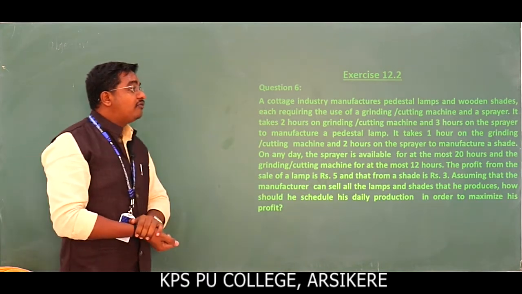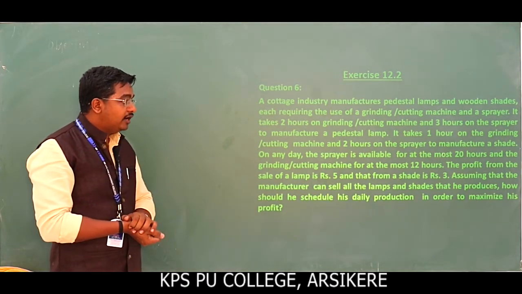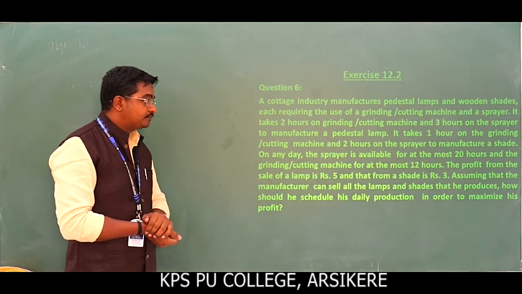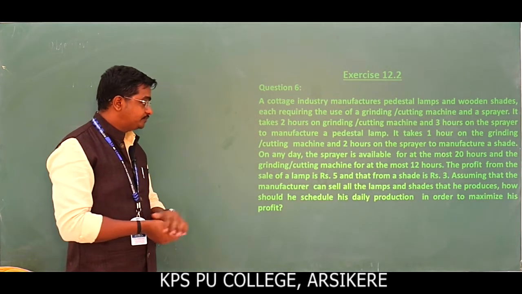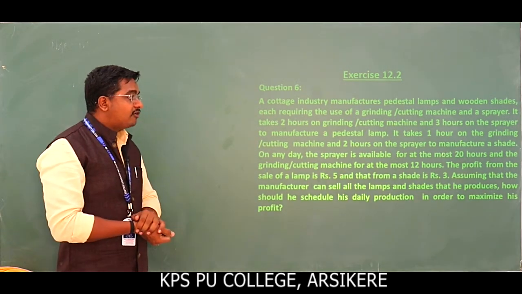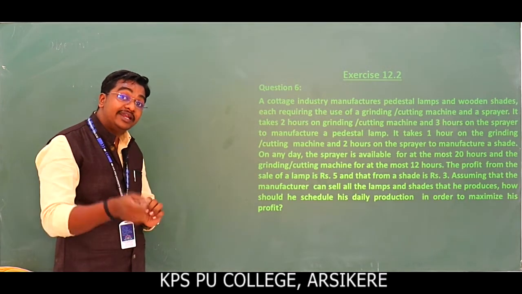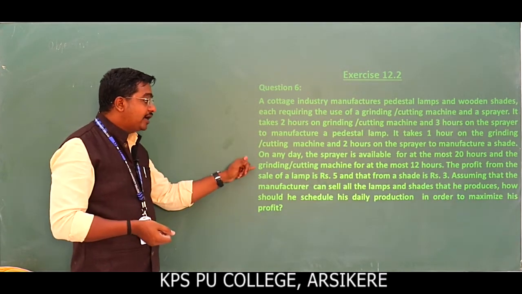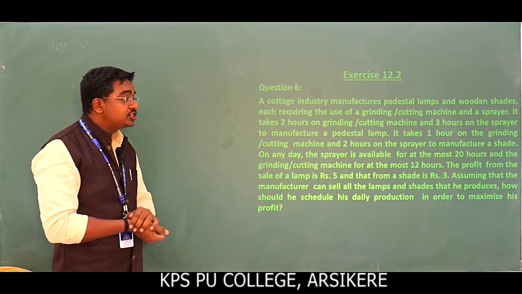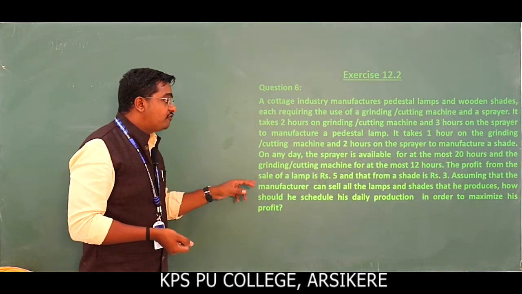It takes 1 hour on the grinding or cutting machine and 2 hours on the sprayer to manufacture a shed. On any day, the sprayer is available for at most 20 hours. At most 20 hours means it cannot exceed 20 hours, and the grinding or cutting machine at the most 12 hours. At most 12 hours. The profit from the